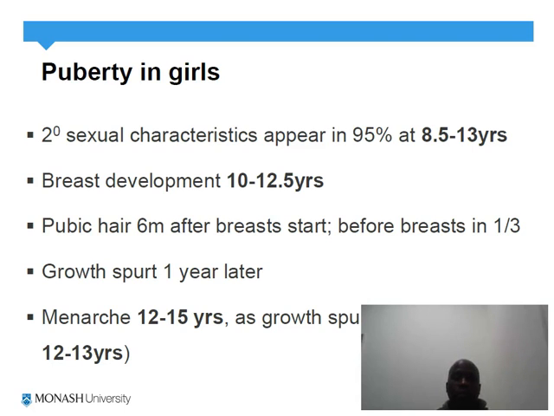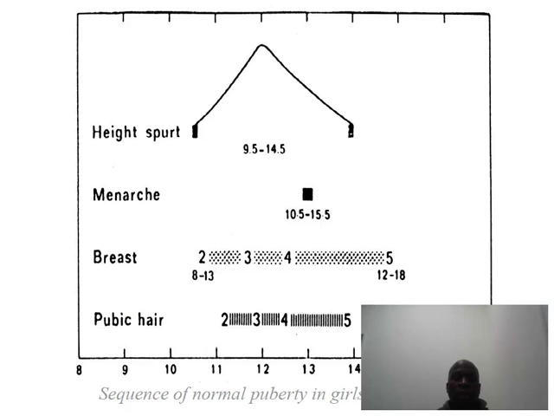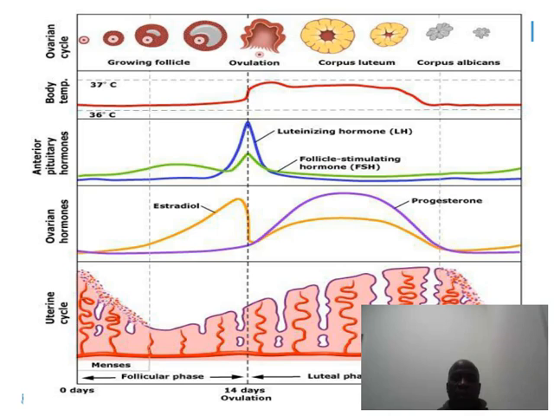Okay. So what does this all mean? This all means it prepares the child, the girl, for womanhood in terms of reproduction. This is just a graphical representation of the height spurt, for example, increase in height during puberty, menarche, breast development, pubic hair, and then graphically, this is how the